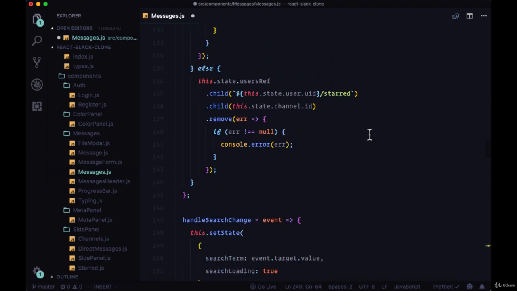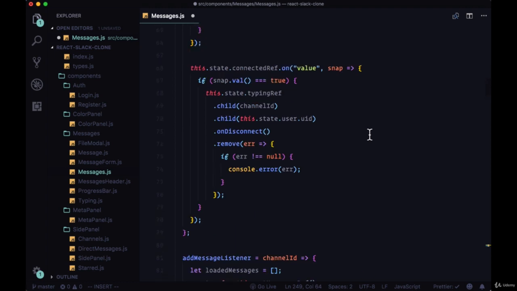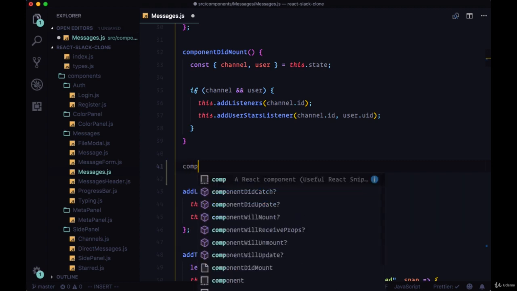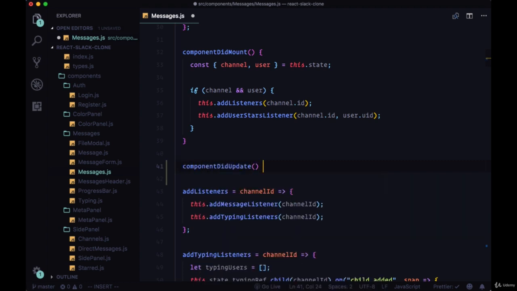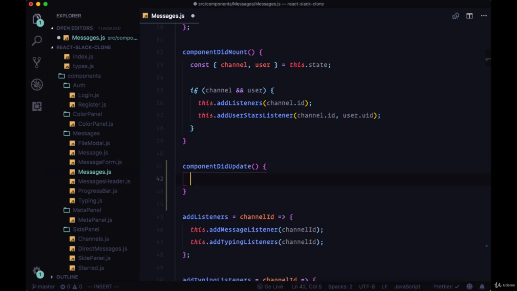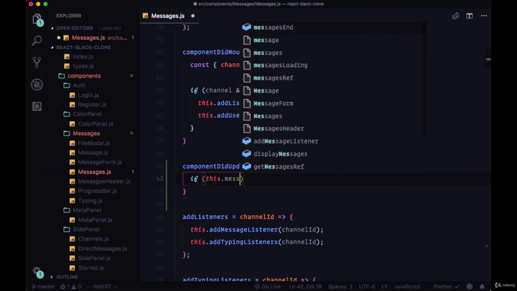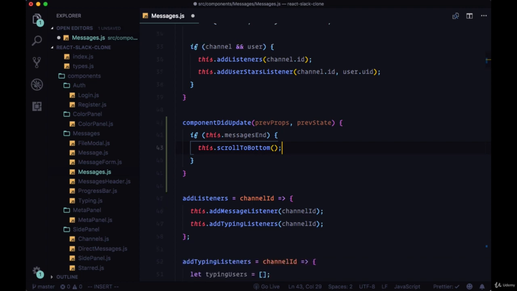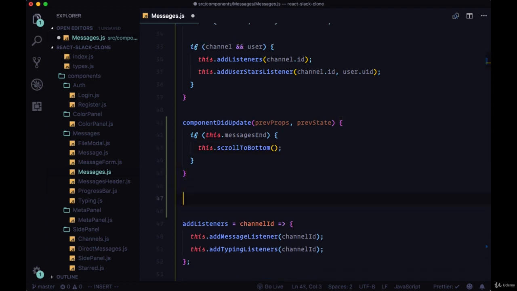And in order to, whenever a new message is added, scroll to the bottom of the channel to see that message, we'll use the component did update lifecycle method. And even though we won't be using either of the parameters, we have access to previous props and previous state. Whenever our component updates, and if we have a ref of messages end, we'll execute a function called scroll to bottom. So this will scroll our channel to the end,